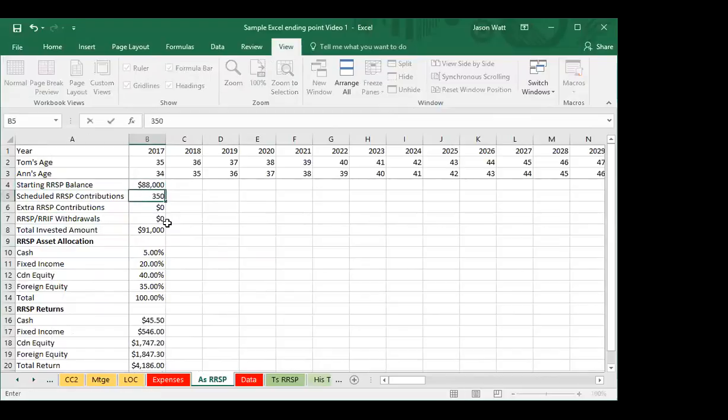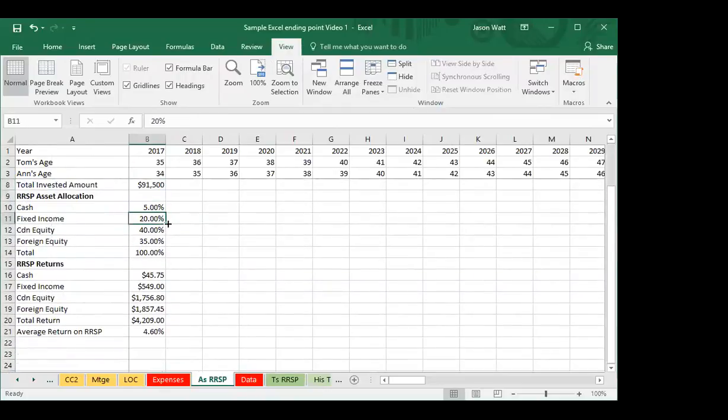And she makes a little bit more money than Tom does. Maybe she puts a little more into an RSP as a result. We got $3,500 going in here. And no extra RSP contributions yet, no RIF withdrawals yet. So she's got $91,500 invested, which we're going to